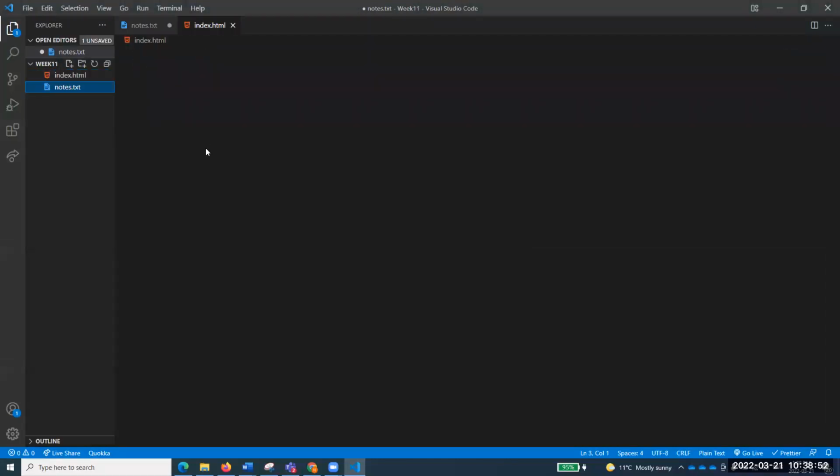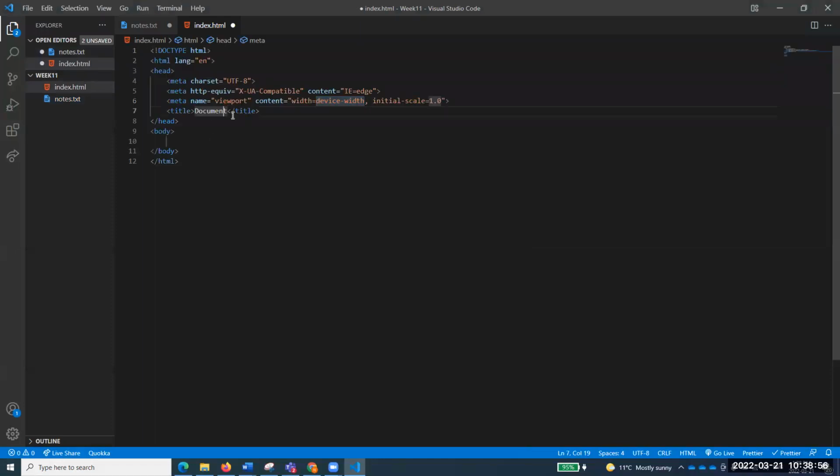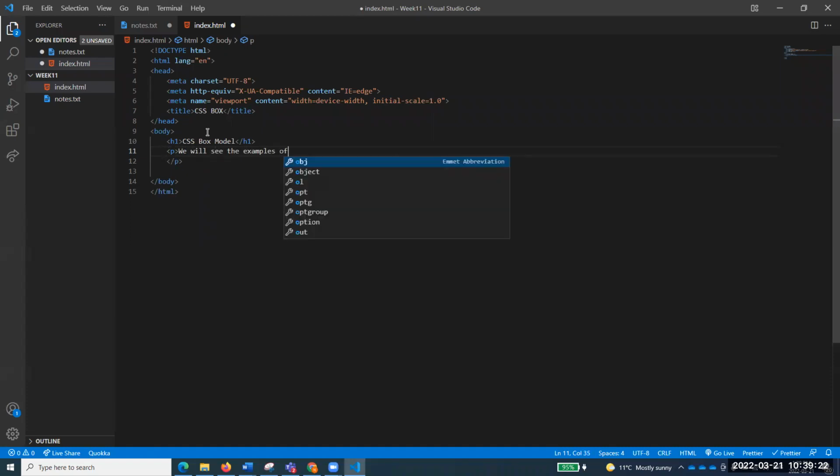Now, having said that, since we want to work on that, I'll create today's index file, index.html. And again, I'll just create a quick HTML, and here I'll give a title, we are talking about CSS box, right? And I can give it an H1 as well. Let's talk about CSS box model. And let's create a paragraph and say we will see the examples of the box model here,